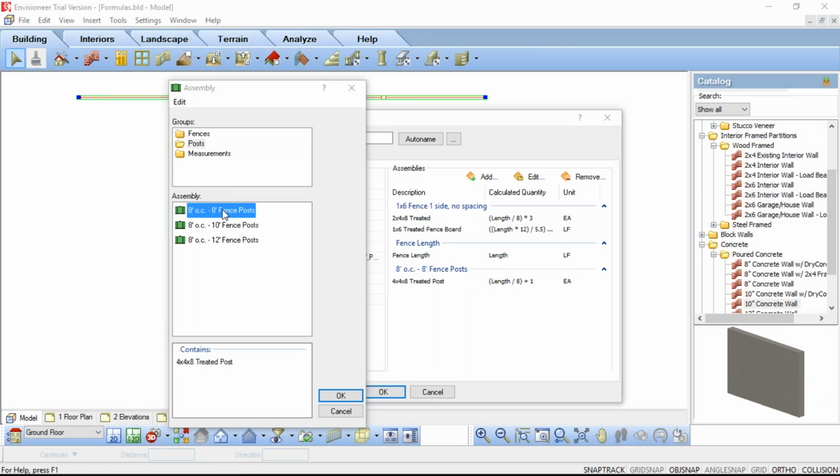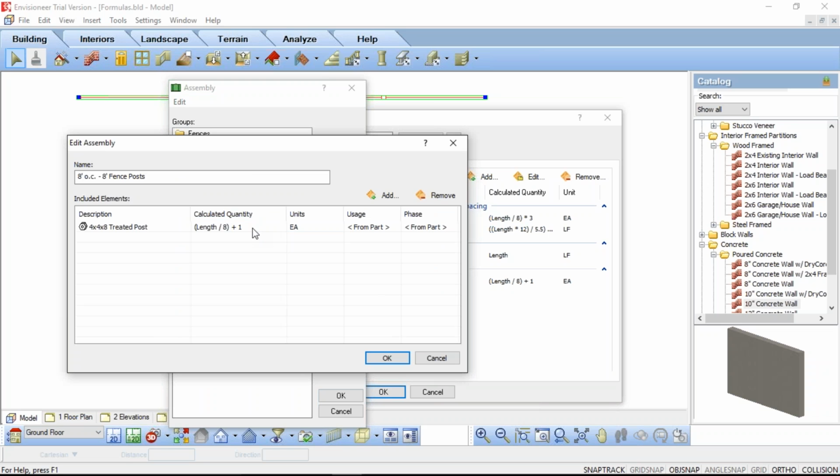So going in to customize this quote or look at how we create the quantities here, I'm going to right-click on the assembly that we've got here. We've got a couple of different options. We can add new assemblies if we want. So if there's an assembly in here that we don't have, we can add anything new. We've also got the option to edit the assembly. So I'm just going to simply click on Edit,